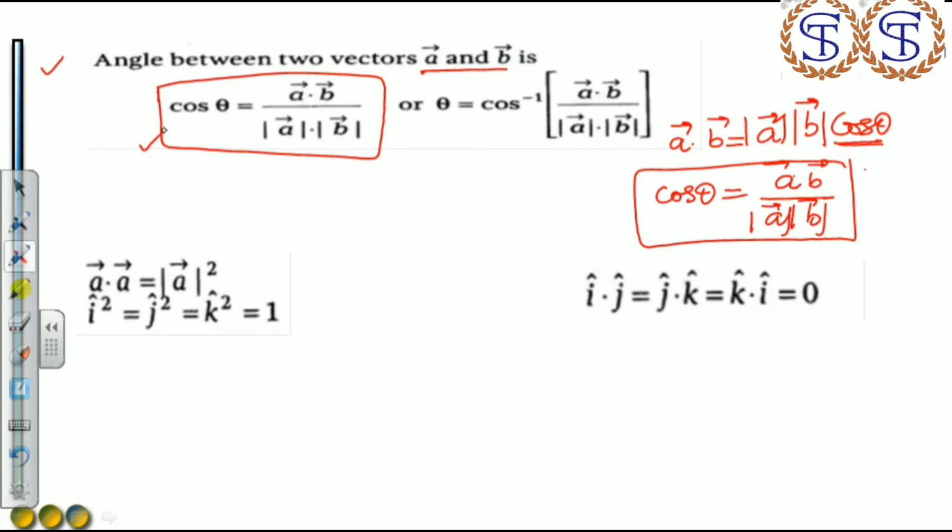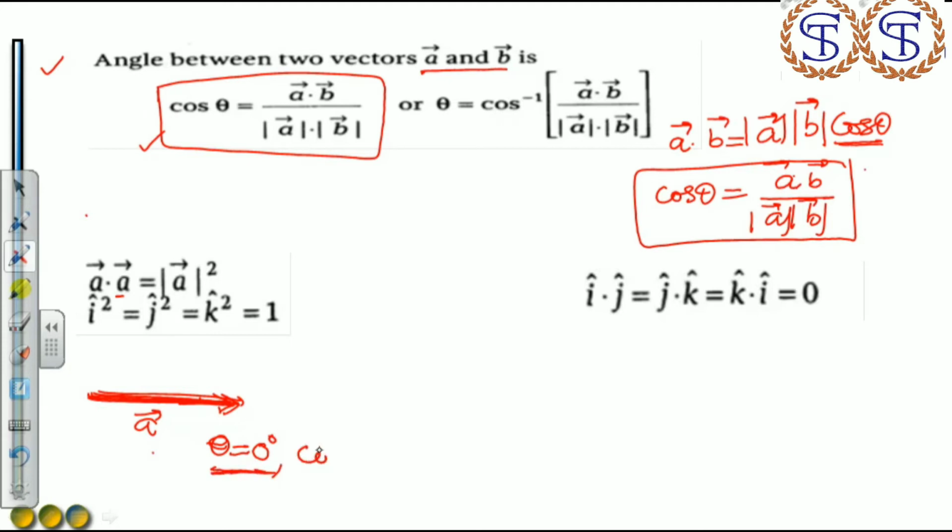Similarly, by using this concept, let's see what A dot A is. Here let it be the vector A, and one more vector we have which is equal to A, that is the A vector. Again one more vector, that is A. Now what is the angle between A and A? Because both lie on the same line, A vector and another vector A, the angle between these two vectors must be 0. Right? The vectors are the same, that is A. So the angle between A and A is 0.